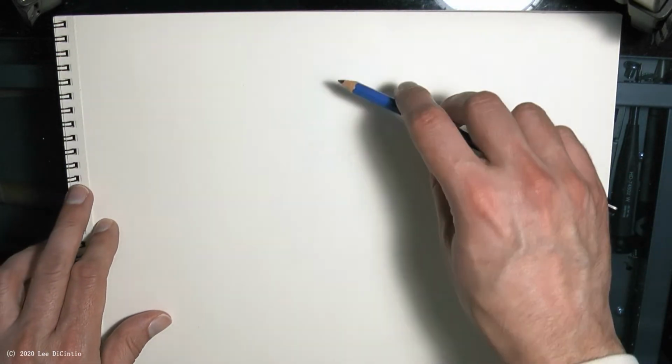Hello, I'm going to give you a demonstration now of drawing a human figure. It's going to be a male figure and just basic proportions. It'll be a quick sketch to give you an idea. So,